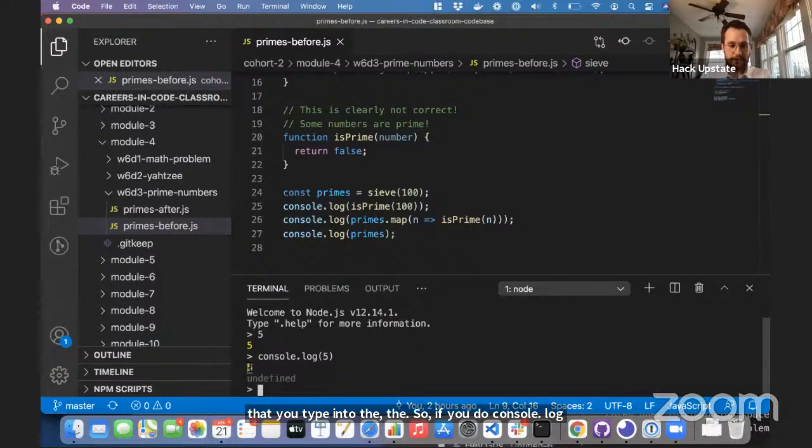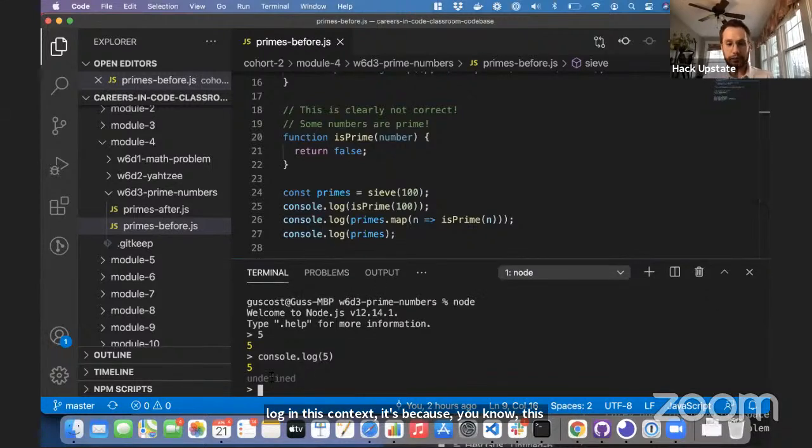you notice how it says 5 and then undefined. Because we're in a node environment, it is also echoing the value of the whole last thing we typed. And that undefined there actually is the value once you evaluate the entire expression. And we'll do expressions in a minute. But that's why you get two things when you do a console.log in this context. It's because this allows us to just look at expressions and values and things, and it will bounce them back to us. So if I do 5 plus 5, it's going to take that whole expression